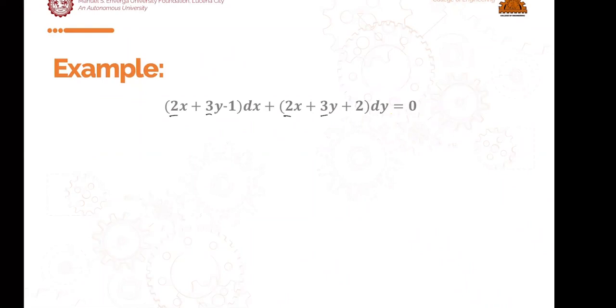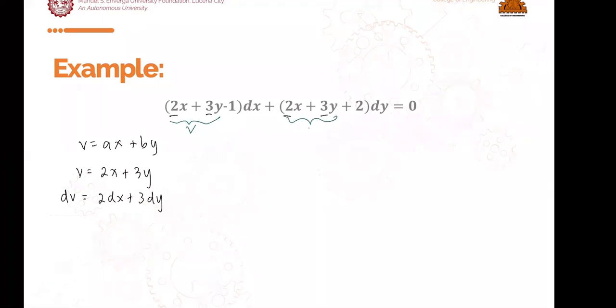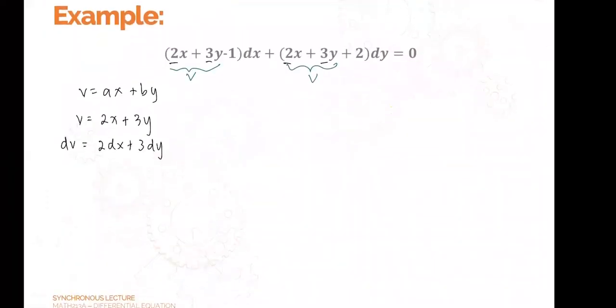So, pwede diretso na agad tayo sa V is equals to AX plus BY. So, we know na V will be equals sa 2x plus 3y. Tapos yung derivative niya is dV equals 2dx plus 3dy. Kapag upon substitution, makikita natin na itong first term natin is V na agad, no? So, pag sinubstitute natin, magiging lang siyang V minus 1